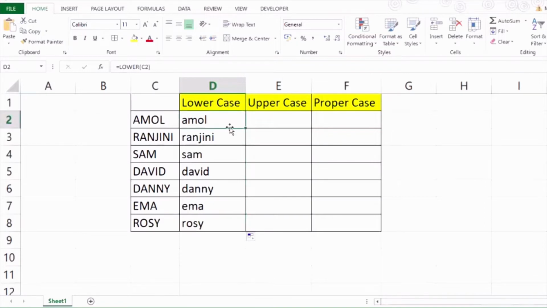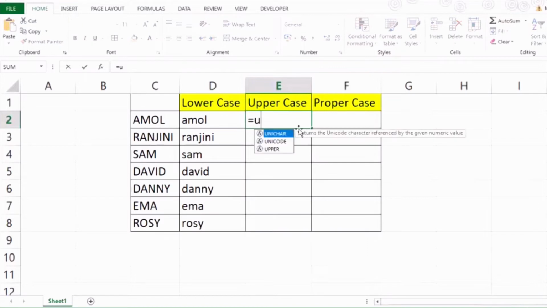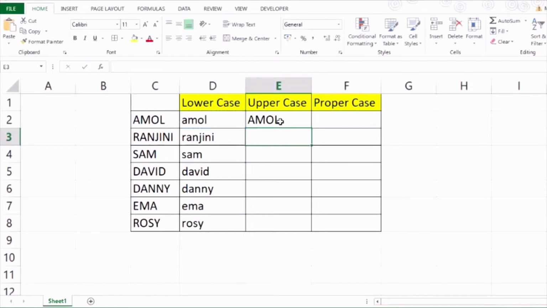Similarly, if you want to turn any lowercase into uppercase, the formula is the same. You just need to type the word UPPER here in place of the formula section. For example, equal to sign, UPPER, start the bracket, and now select the word you want to turn into uppercase. Close the bracket. Hit the enter button and you see, just double click or drag and drop as per your requirement,